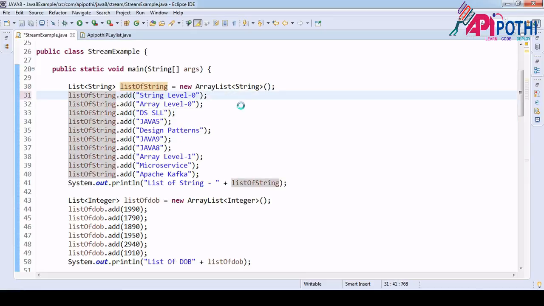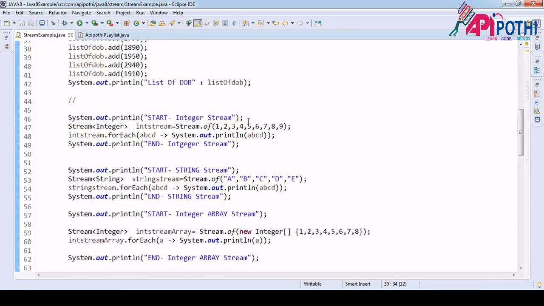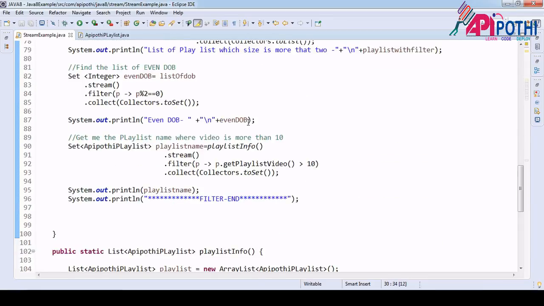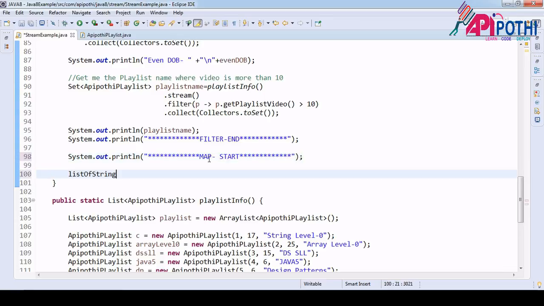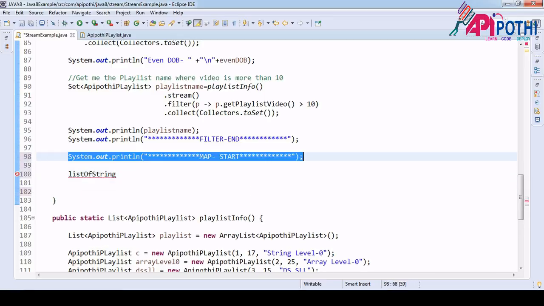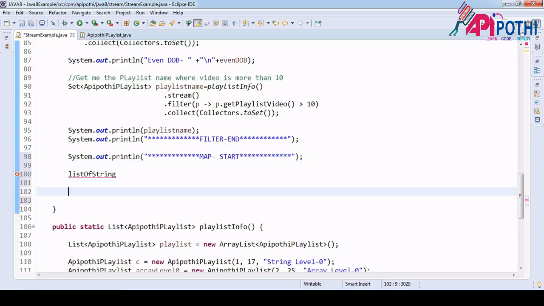Okay, so here I am just taking this object, and this is the filter, right? So let me have a map here, map start. Okay, and here is the object. Copy this one again, paste it here, map end.